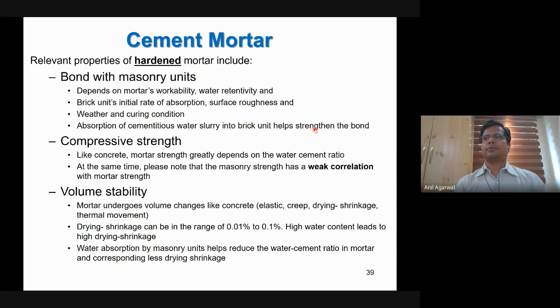Another one is creep. Wherever you have cement type of material, there is a likelihood of creep deformation. What is creep? I would recommend that whichever phrases you are not able to understand, you please go to the internet and search for them. These things are not very complicated. You should be able to get the meaning of these things.